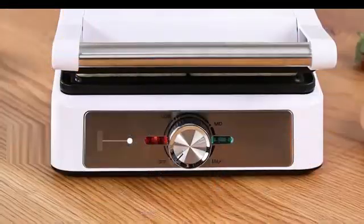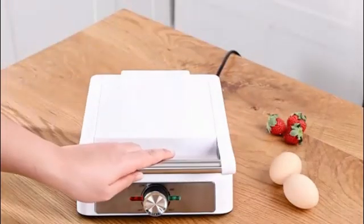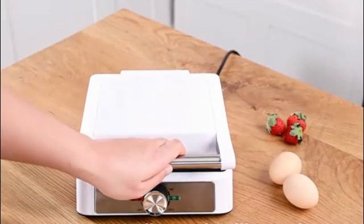The indicator lights on the sandwich maker make it easy to monitor the cooking process. These lights indicate when the appliance